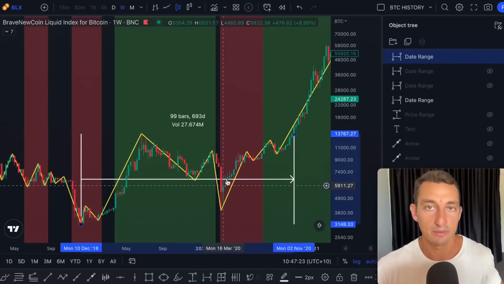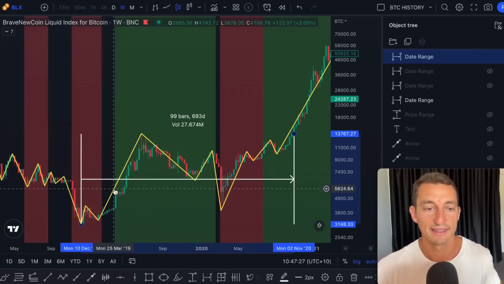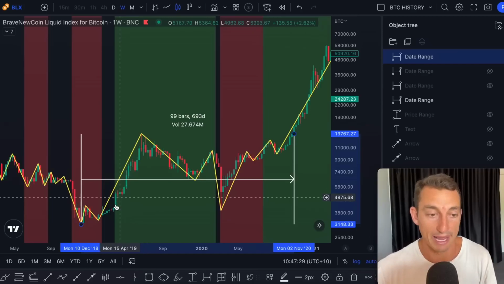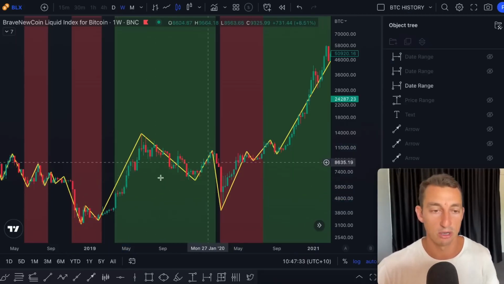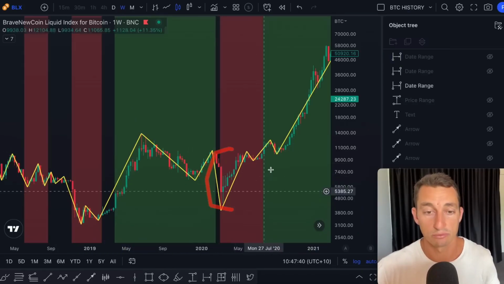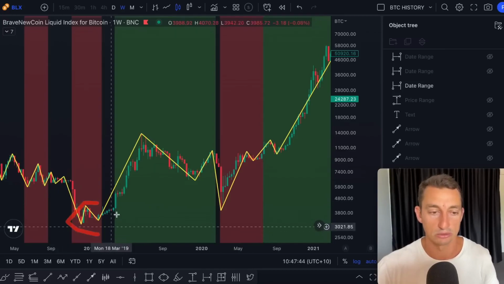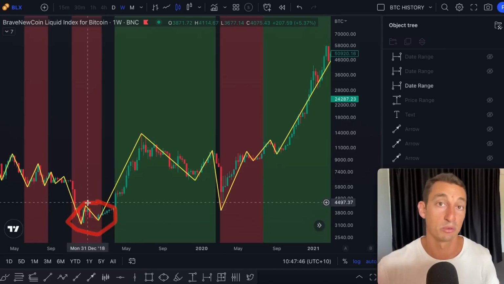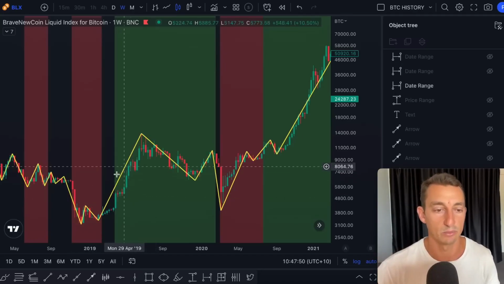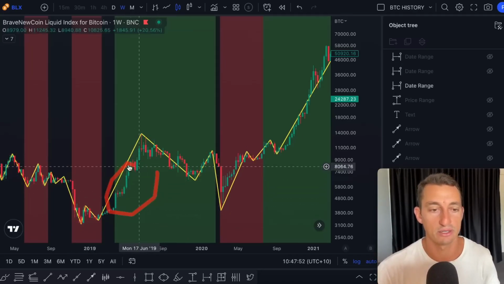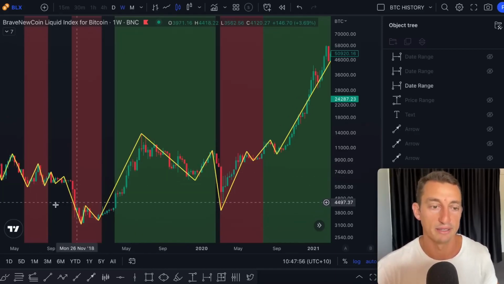So we still have a fair bit of time at these levels, even though the trend is now showing us that it's turned up. We've got a green background here as it's broken through the weekly swing top, and the trend can turn red again. But the important thing here is that we're looking for a cycle low, signs of a cycle low, probabilities swinging in favor that the cycle low is in. And with this green background, with the trend turning green, this gives us another pretty good sign that the low